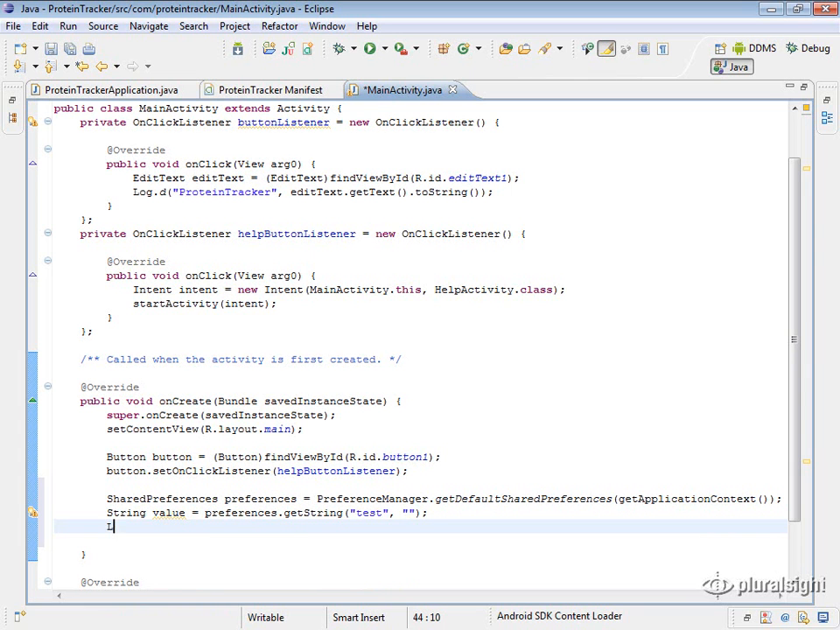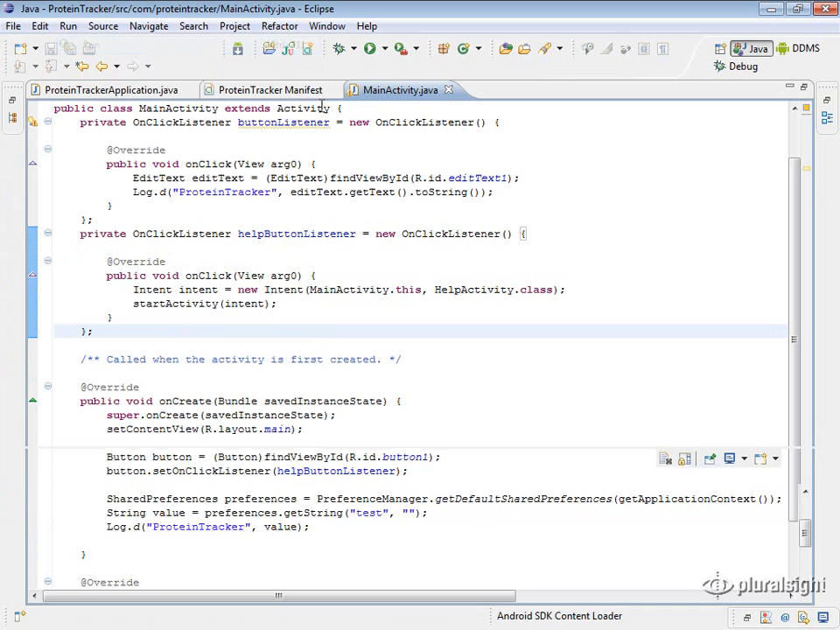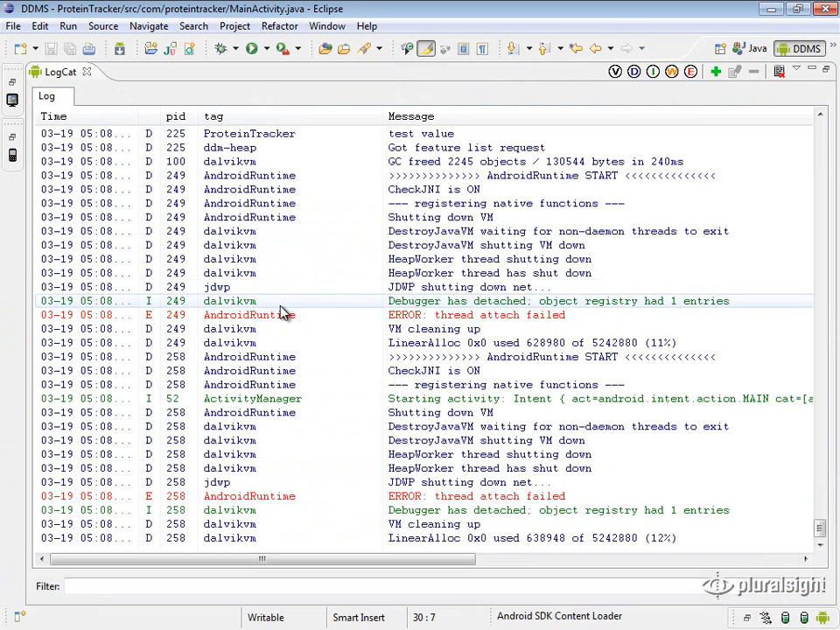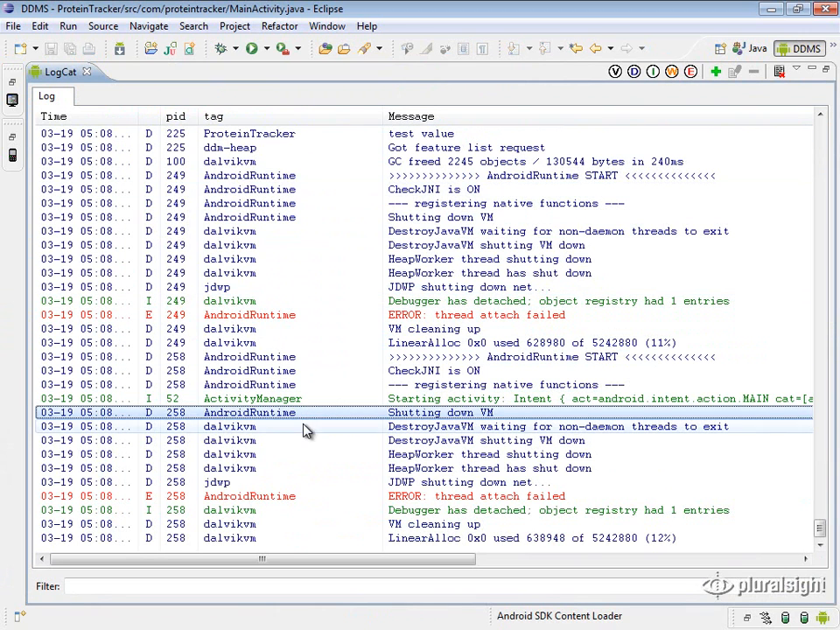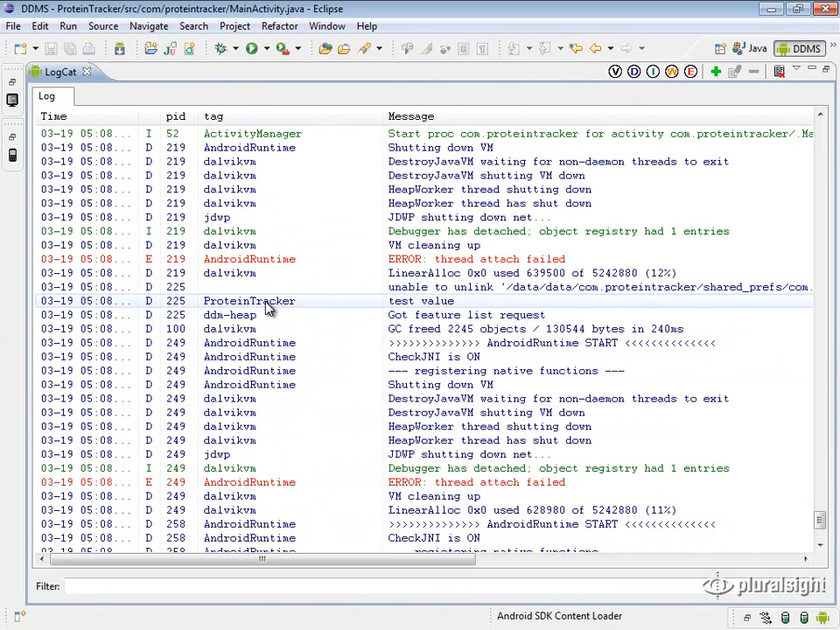So we're going to store that in an object called value. And then we are going to do Log.d, and we'll do protein tracker, and then we're going to put out this value. So now when we launch our application, we're going to expect to see this show up in the log. So I'm going to go ahead and run our application. And then we're going to go to the DDMS view and look at the logcat, and we can see here we should have a protein tracker. Yep, we can see protein tracker here because that's the tag we put in,